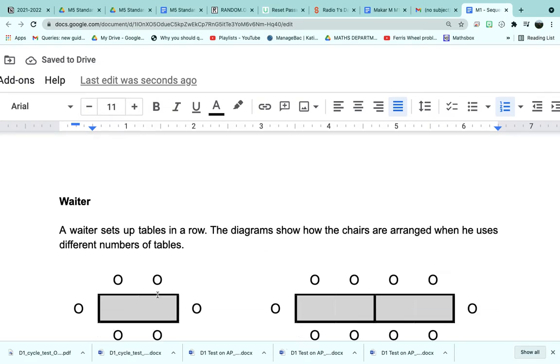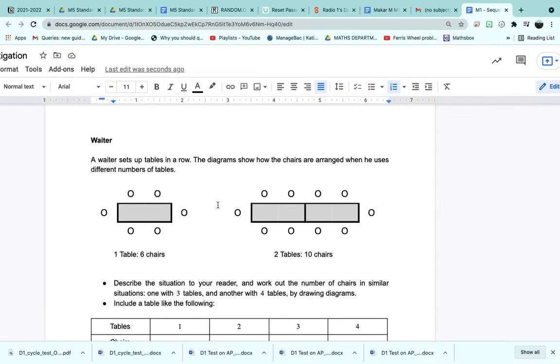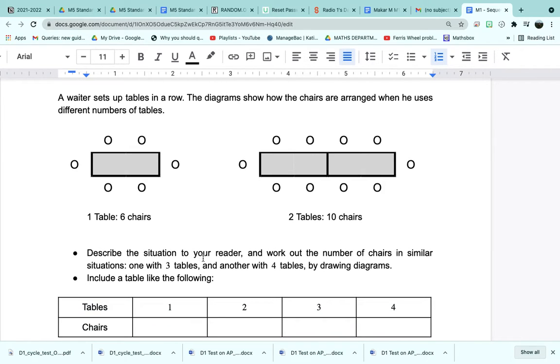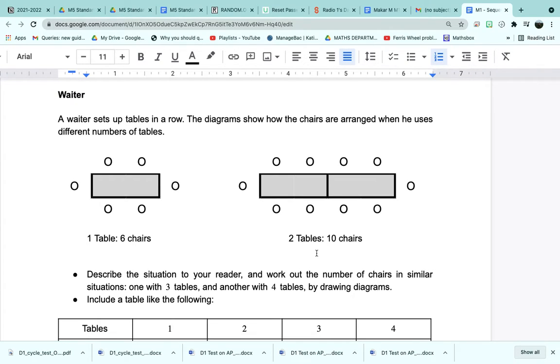Now we're going to have a look at this part of the investigation, the waiter. It says first of all to describe the situation to your reader and work out the number of chairs in similar situations. One with 3 tables and another with 4 tables. So